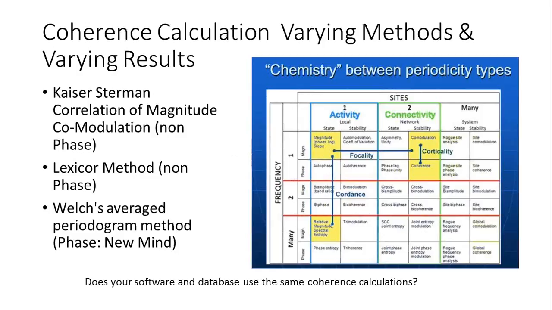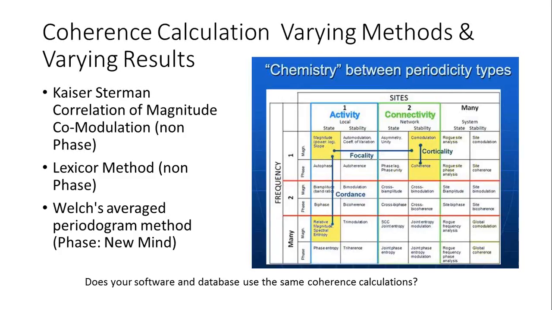So we can calculate coherence by various methods and get various results, and that has actually been done in the field of neurofeedback over the years. And there has been continual disagreement between different players, all of them mathematically very sophisticated players, about which coherence method is best or most useful with respect to assessment and neurofeedback. And that discussion is still an open discussion in the field of neuroimaging.